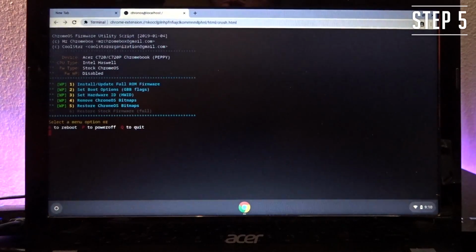If you think you might have a write protect screw, make sure that you Google where the write protect screw for your device is. There are a lot of screws in there, and there's only one write protect screw, so you want to make sure that you get the right one. So hopefully you don't have that issue, and you can just move on to the next step,